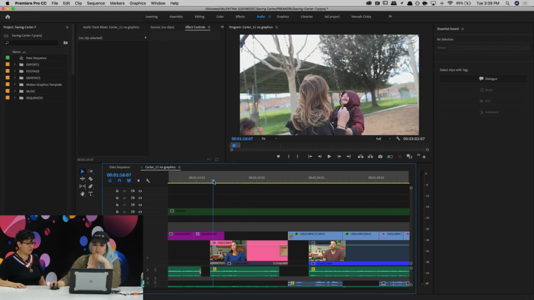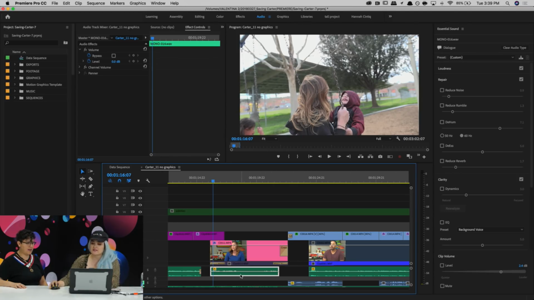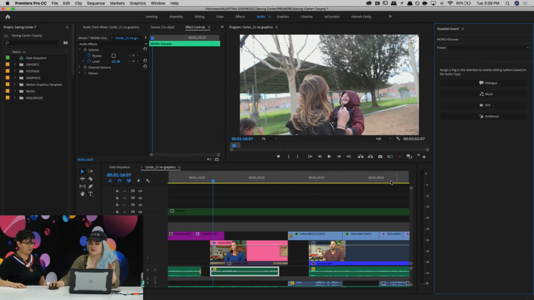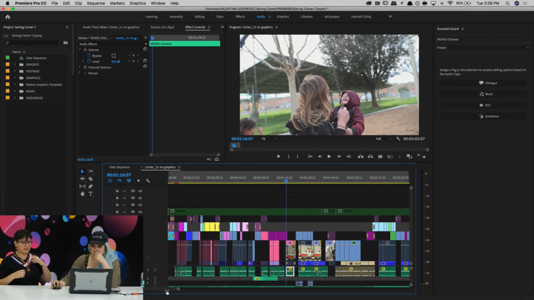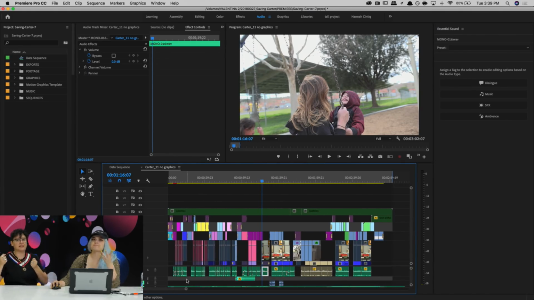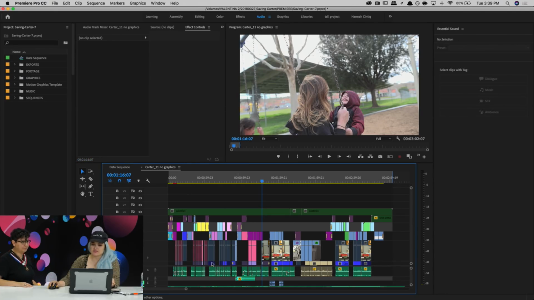Whereas before you needed third-party plugins to get rid of reverb, now it's built into the Essential Sound panel within Premiere Pro. So you just select that clip. First of all, you gotta select what it is. It's dialogue, so I'm gonna assign it as dialogue. It's like a sort of smart effect. If the Essential Sound panel knows that this is dialogue, it's going to calibrate its baseline a little bit differently than if it was ambient sound or music. I happen to know that all of the clips on the A1 track are dialogue, so I'm gonna just select all of them by pressing,